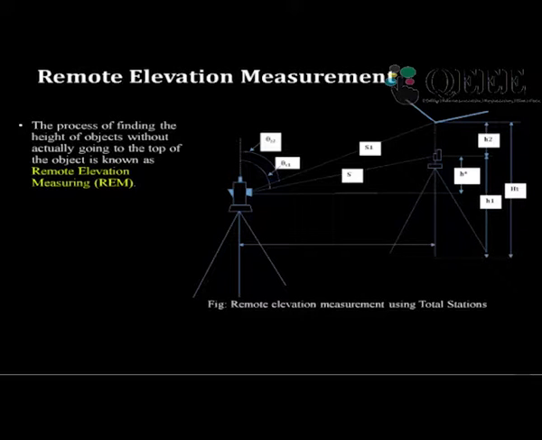Initially, you have to set up the instrument, the total station here, and do the centering, leveling and focus. Now keep your prism target at the base of the object for which you want to find the height. Set the prism at a convenient height and note down the prism height, and bisect your prism from your instrument station and note down the angle. That angle is called theta Z1, and the distance between the prism top and the instrument station is called S. So now you have got these two measurements.